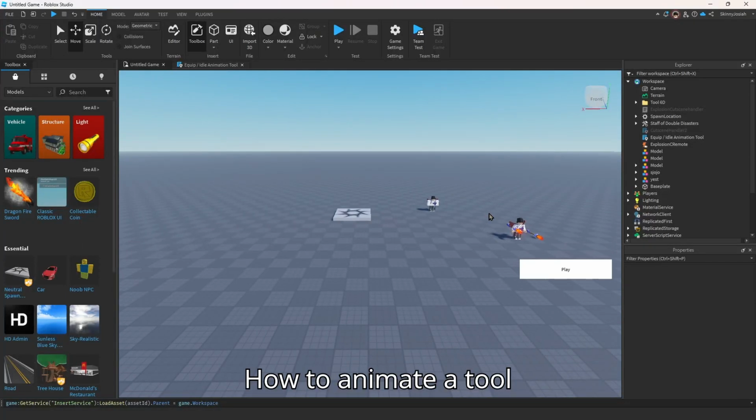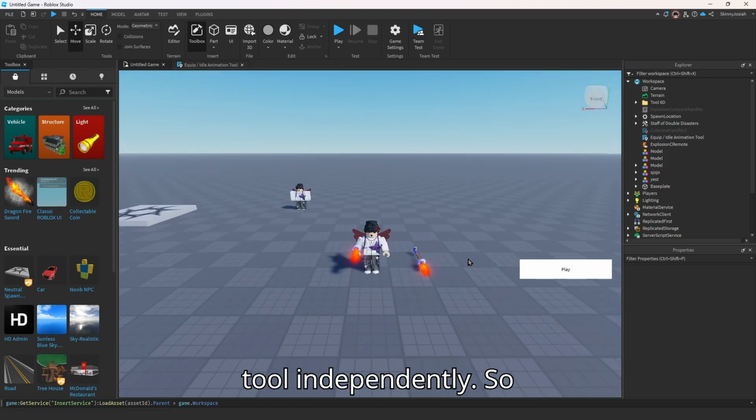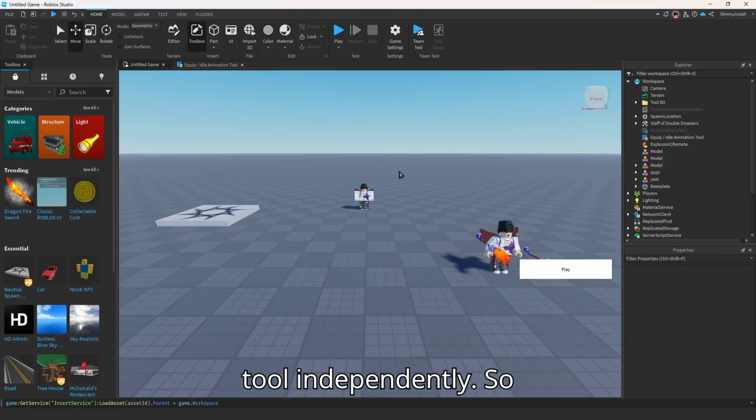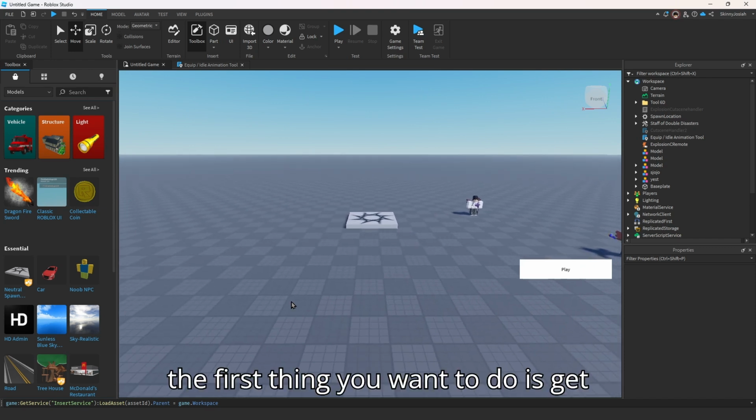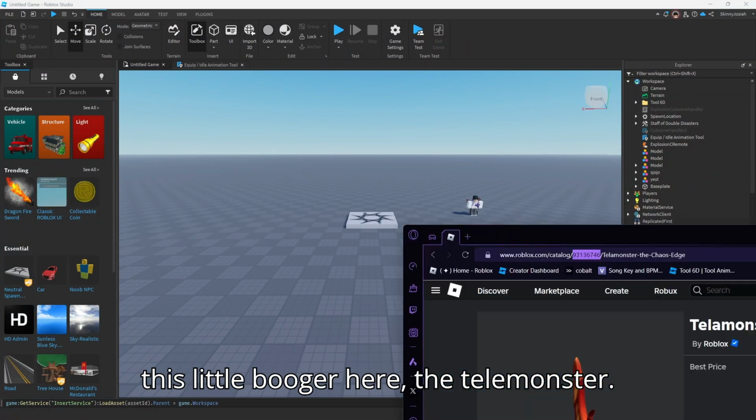How to animate a tool independently from the arm or any body part. How to animate a tool independently. So the first thing you want to do is get your tool, and I am using this little booger here,